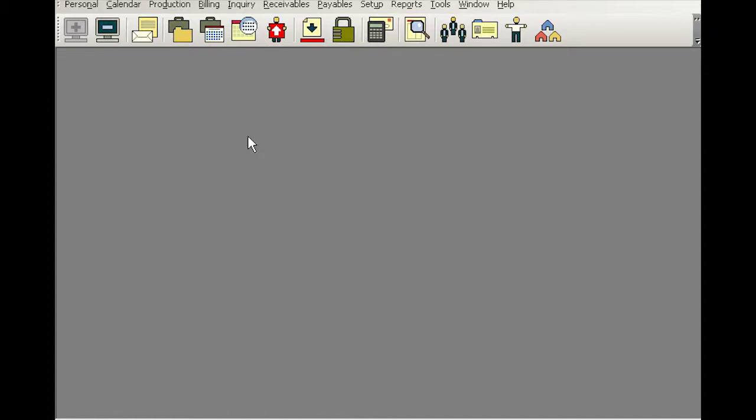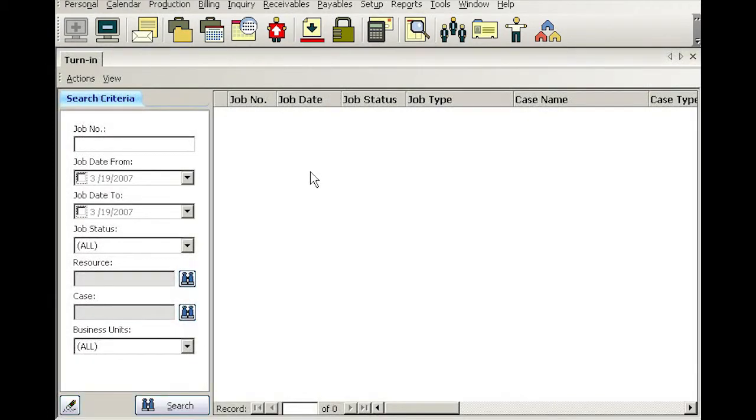Now the billing department uses exactly the same screen as the production department, namely the turn-in screen. So when you get a billing sheet and a bunch of transcripts dropped on your desk so that you need to go ahead and finish the billing, namely generate invoices, you will first go to the same turn-in screen as the production did. So that's where we'll start. Go to turn-in, and let's say we're going to build the job